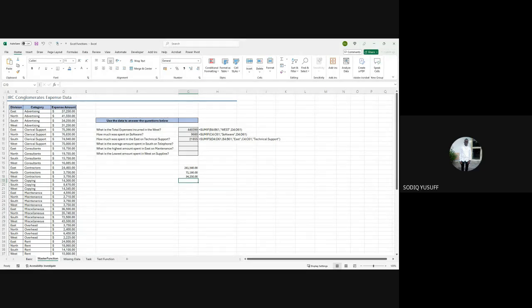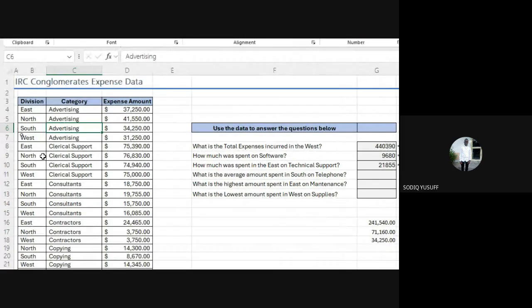Okay, no problem. So the question is that we want to know how many transactions happened, how many expenses they carried out in the Eastern Division. Can you tell me what kind of function we can use?